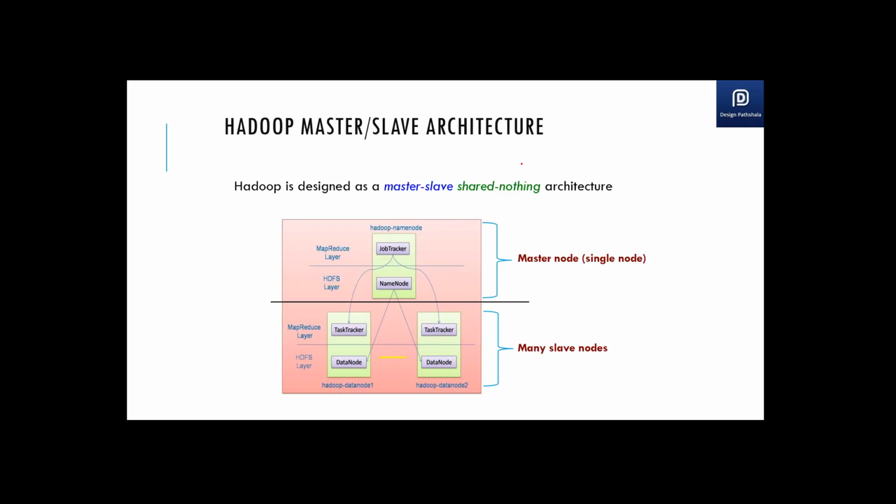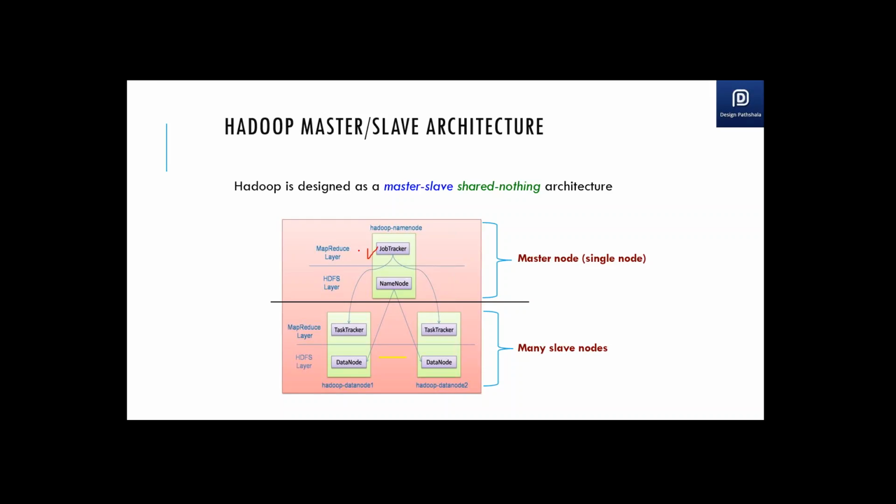Not yet. Okay. So there's something called the task tracker and something called the job tracker in the system, which really do the processing of your data. In this picture you can see the job tracker is running on the name node, but practically it can run on any node, as long as that node has good infrastructure to run the job tracker. In a bigger cluster it can run on a separate node, different from the name node.